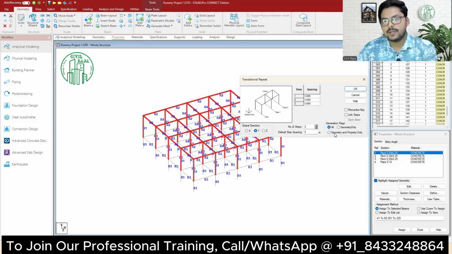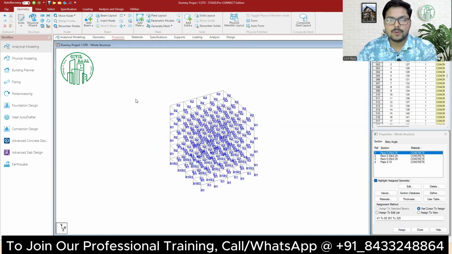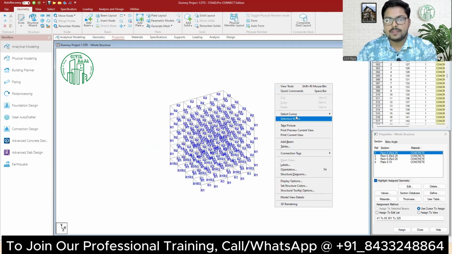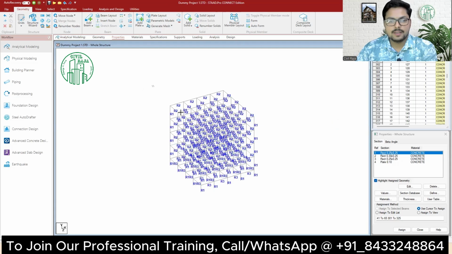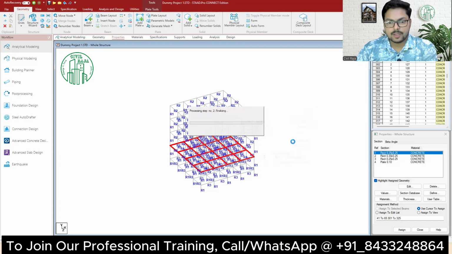Now since I have assigned the properties, I can check this option, geometries and properties only, or I can go for all options. So in this case, I will go for geometry and properties only and click on OK, and you can see all the properties are assigned over here. Now I will simply go to the plate cursor, select the plates, then I will go for the translational repeat. In the same manner, I will provide the same height, that is 3, and the same number, that is 3, as the beam. Okay, same as the beam. Now click on OK,